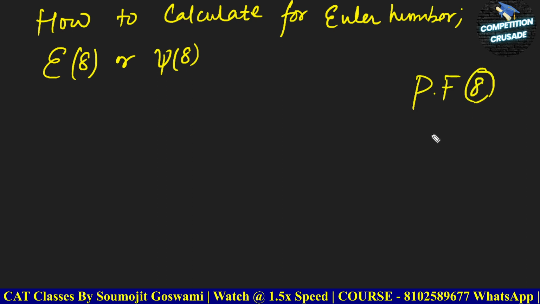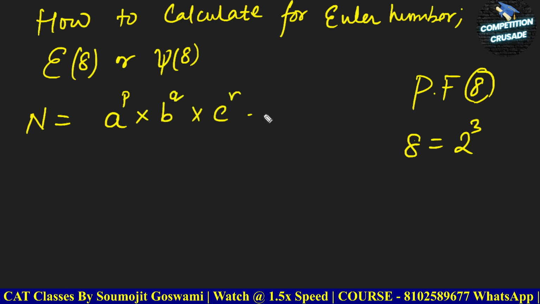Now, in the numbers 400 course, I have taught everything about how to do the prime factorization, but for just this thing, I'm going to do it once again. Prime factorization of 8 will be 2 cube, and that's it. You will not find any 3, you will not find any 5, you will just find 2 cube. So the technique says, when you write the number n in its prime factor form, a raised to the power p, b raised to the power q, c raised to the power r, and so on and so forth,